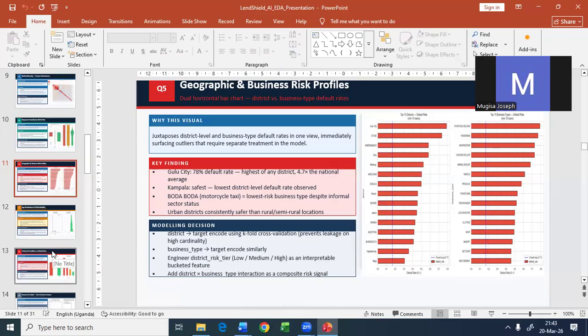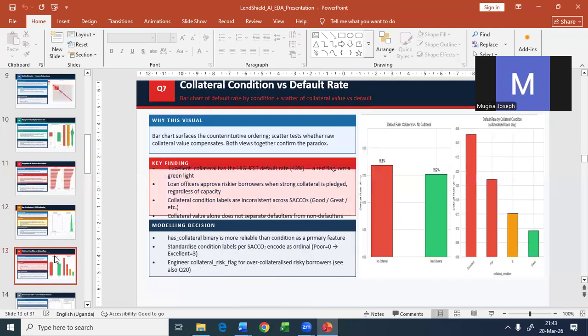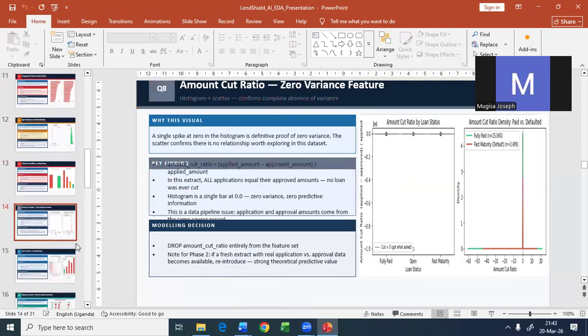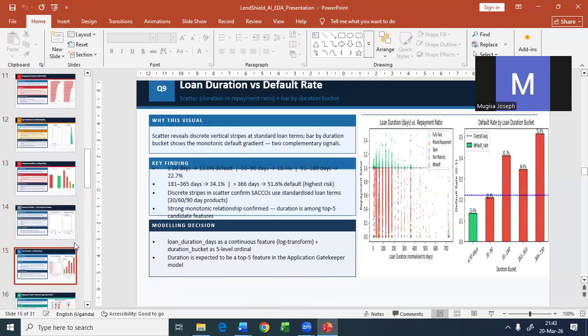So yeah, those are the visualizations we made, and there are a lot more, but because of time, we shall just head back to the paper write-up. Just wanted to give an overview.